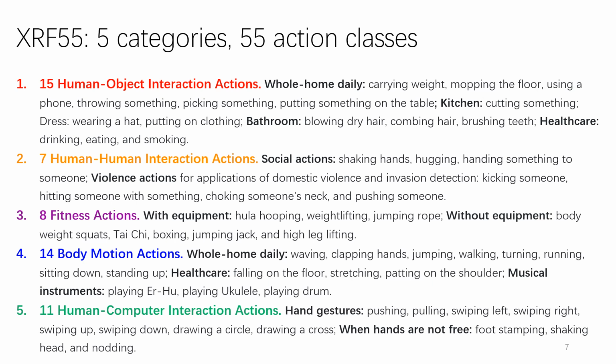The XRF55 dataset has 5 action categories, a total of 55 action classes. 15 human-object interaction actions, including whole home daily actions, actions in kitchen, in bathroom, and healthcare actions such as drinking, eating, and smoking. 7 human-human interaction actions, including social actions, shaking hands, hugging, and violence actions for applications of domestic violence and invasion detection. 8 fitness actions, with equipment such as hula hooping, and actions without equipment, such as tai chi and high